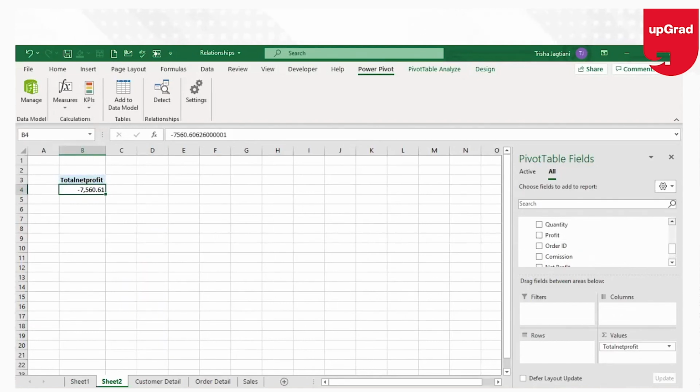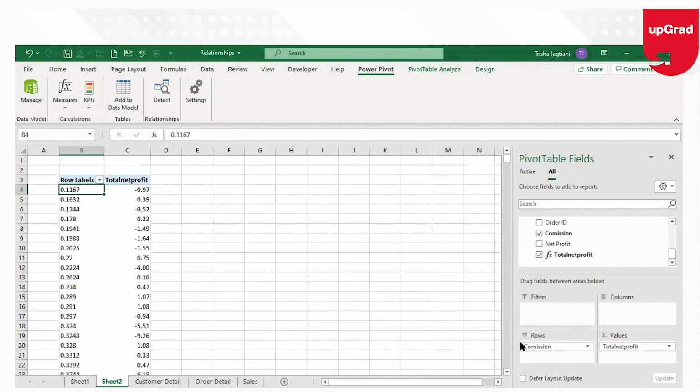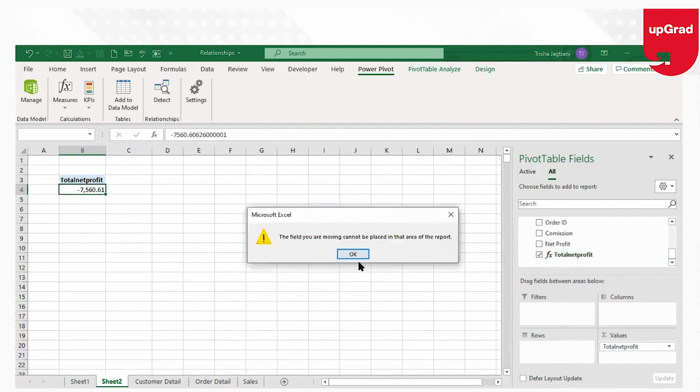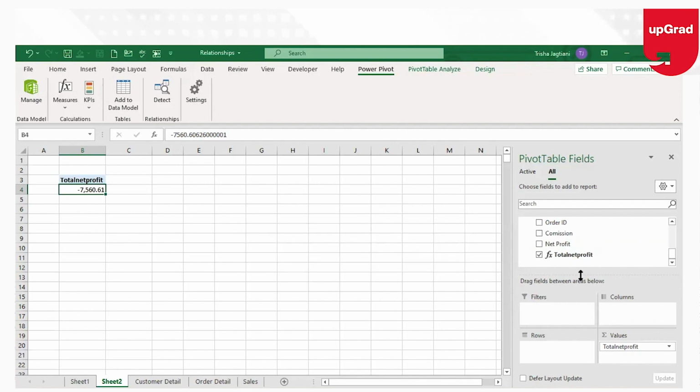Again, of course, you can use these measures only in your values column. But if you want to add the commissions in your rows, that can be easily done. But if you try to add this measure, which is marked by fx, in the rows, it will not let you. That is the difference between the measures and the calculated columns, because with calculated columns you can also perform functions like the text functions, such as concatenate. You can also perform VLOOKUP. You can perform a lot of other things that you do on an Excel table or as a normal text function, which we will see in the following